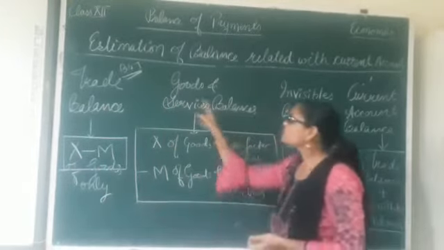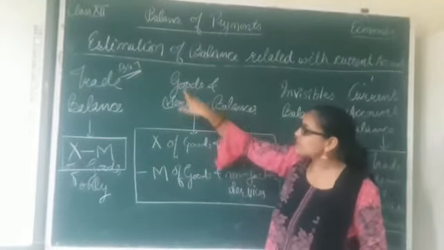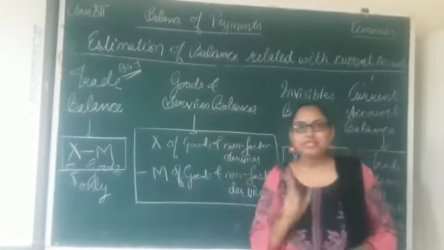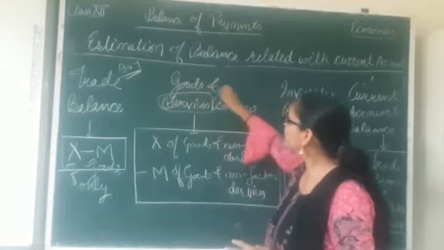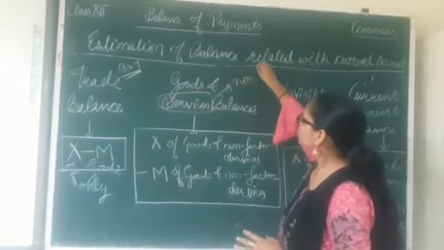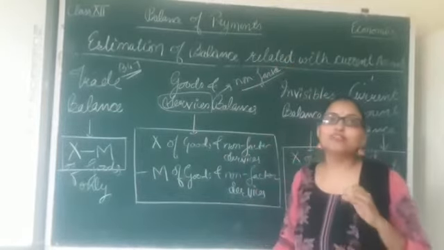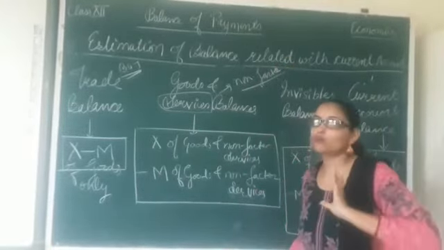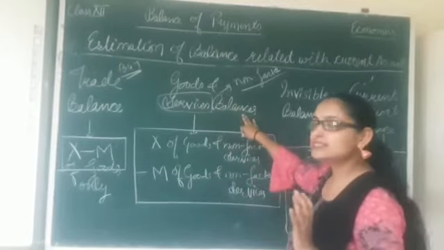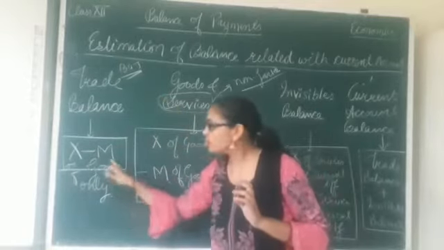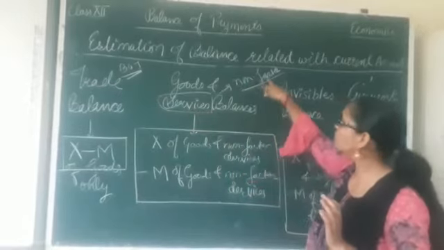Clear? Next is goods and services balance. Here we take the visible goods as well as the services, but keep in mind, in this we do not take factor services. Here we take only non-factor services. We do not consider the factor services here. The receipt and payment on account of factor services is not included here. Clear? So here goods and services balance is taken, wherein the goods balance, which is export and import of goods, as we did earlier, and services means export and import of non-factor services.